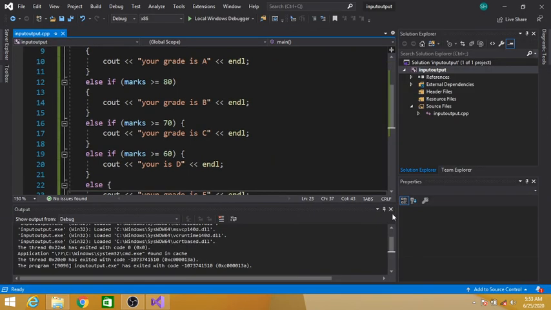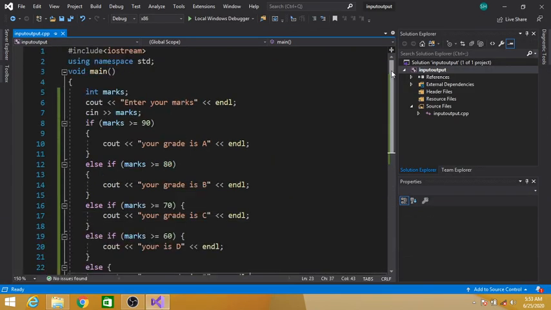So once again recall how this multiple if else if control structure works. Simple. It executes a block if the condition is true. If this condition is true, then this block of statement will be executed. If this condition is false, the control will shift to this block, and if this condition is true, then this block will be executed. And if this condition is also false, then control will directly shift to third block, and this will be ignored by the compiler.